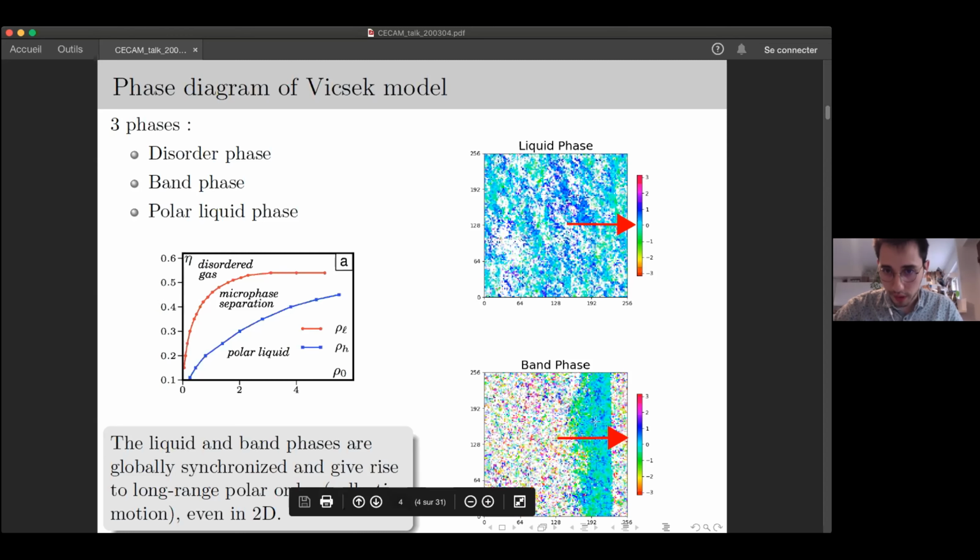On the bottom right, I plot a snapshot of the band phase. Here you see that all the particles inside the band get the same polarization angle. It means that all the particles are moving in the same direction. And outside the band, we see that there is a disordered gas. So the liquid and the band phase are globally synchronized and give rise to long-range polar order. So now